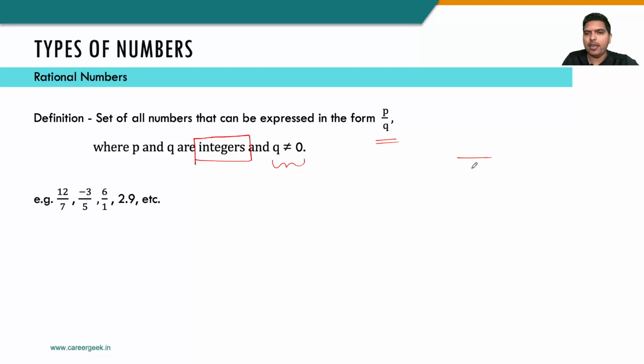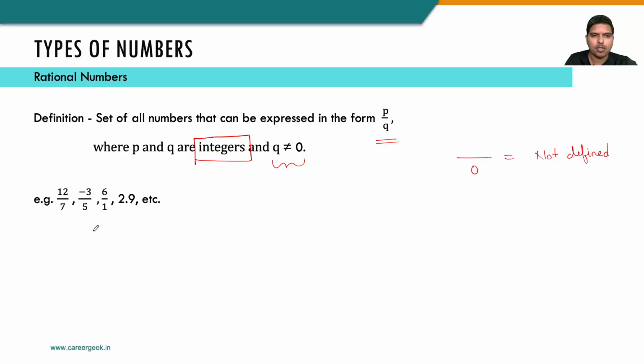Why? Anything divided by 0 is not defined. So any number of the form P by Q and Q not equal to 0